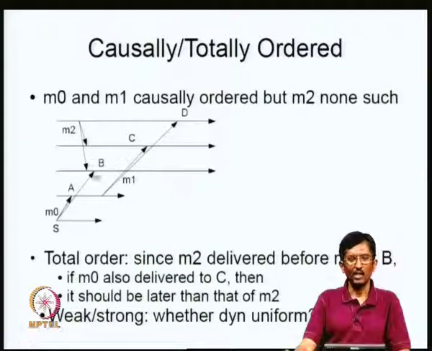So, if you are designing the causally ordered system, you have to use these vector clocks. And as I mentioned, in a group communication system you know how many processes there are, so vector clocks are definitely feasible. Then you can figure out what things are causally ordered, and when you do the delivery, you look at the vector clocks and decide whether to deliver or not, depending on which order it has come in, and then do the appropriate delivery.